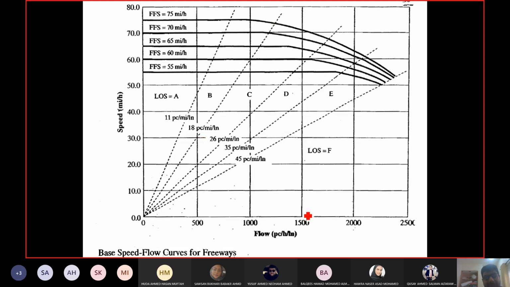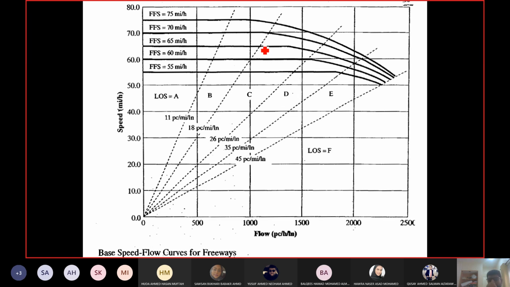Now for a limited number of free flow speeds, they have plotted the speed flow curves. Okay, so if you are doing the analysis for a highway which has a value exactly equal to the free flow speed shown on the curve. So for example, 70 is shown and 75 is shown, but your free flow speed is 73. Don't round it off and take 70 or 73. No, then you have to do the analysis using the equations. Then you cannot use this curve.